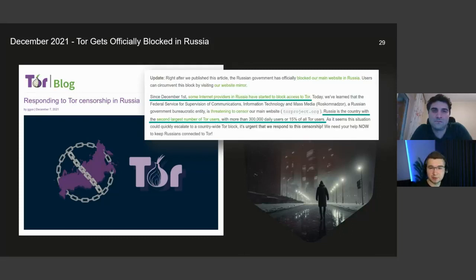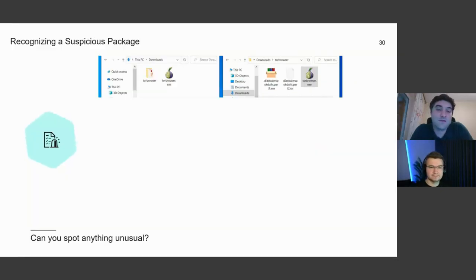And this is what was abused. Yeah, because then you'd be facing the issue of where to download the Tor installer. Then we noticed and identified an interesting package, and we discovered hundreds of trojanized Tor browser installers. But one of them was interesting. One of them was an SFX self-extracting archive.